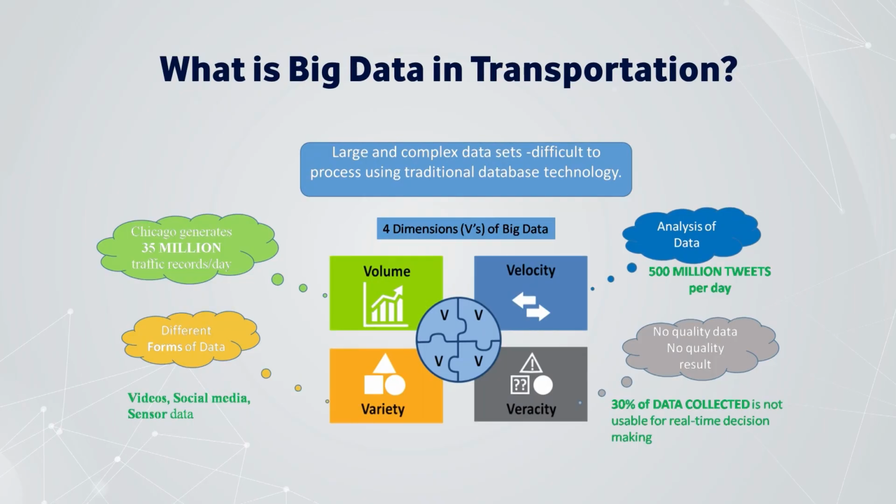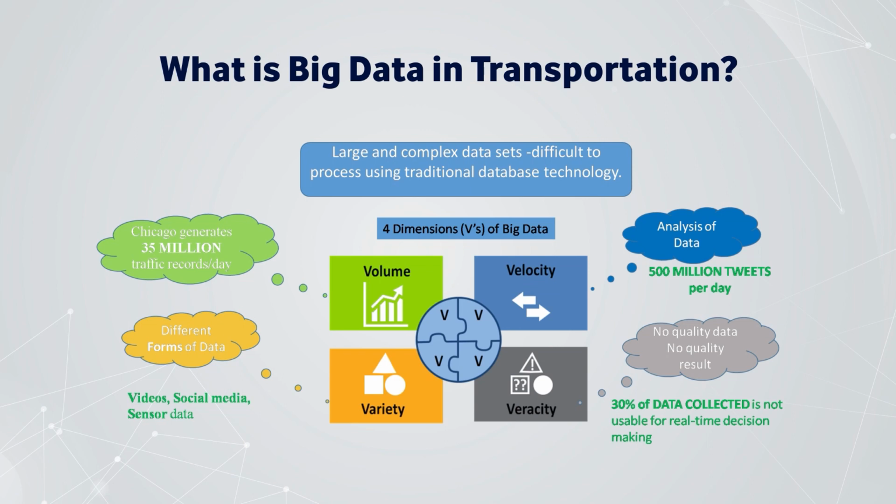As I mentioned in the last slide, we have three important characteristics: volume, velocity and variety. But when we talk about big data, not only those three important characteristics, we also have another important characteristic known as veracity. Veracity refers to the pre-processing of data, which refers to removing the noise from the data. Unless your data is quality data, you are not going to get quality output.